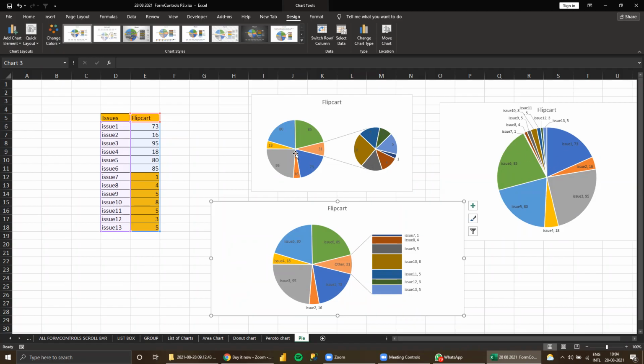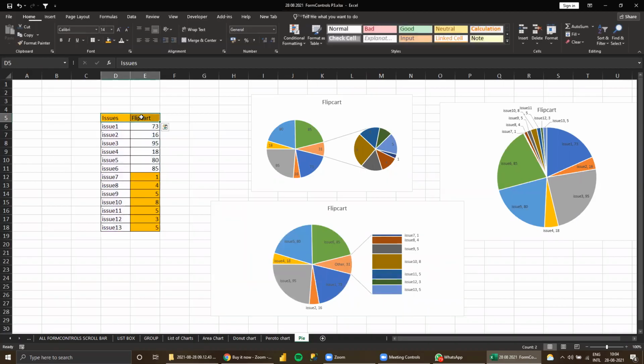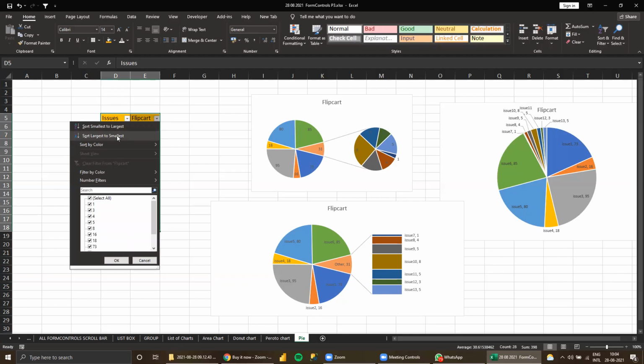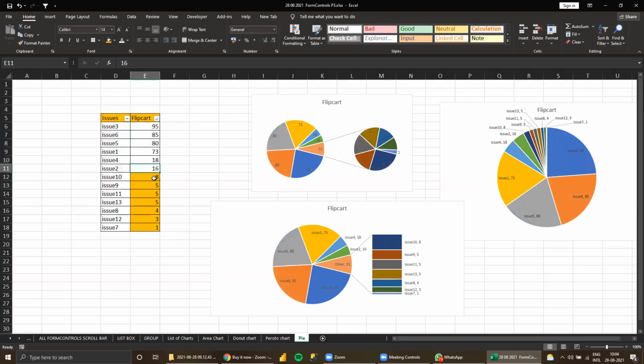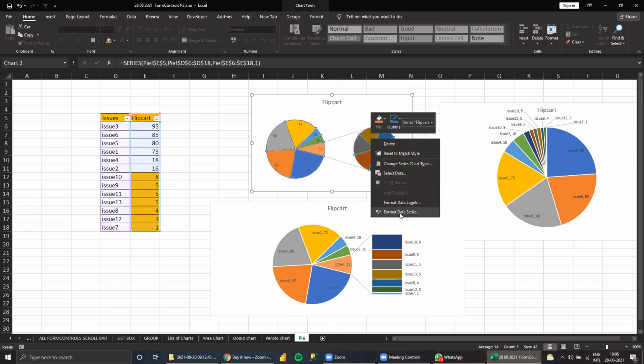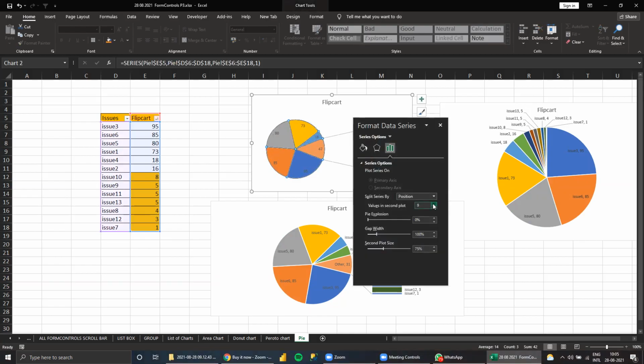But how can you segregate if there is a huge number, so that you focus on it? Otherwise, suppose here, see here, I don't want this. So what can you do here? You cannot take this alone, because the last 5 or 6 you cannot take now. So if you push this down, we need to sort it. Now instead of 7, 8. So these 3, 2 also you need to push. So again format series, instead of 7, give 9.